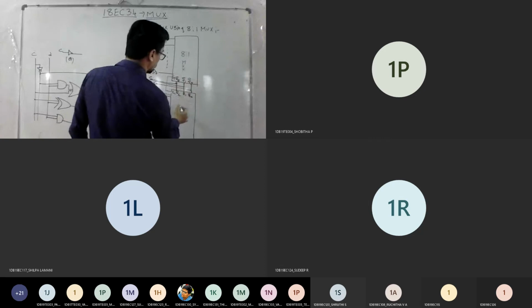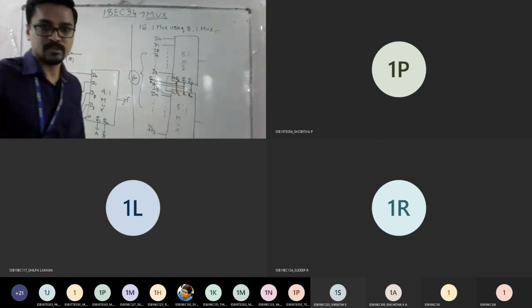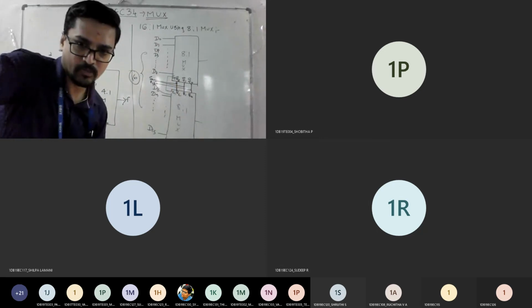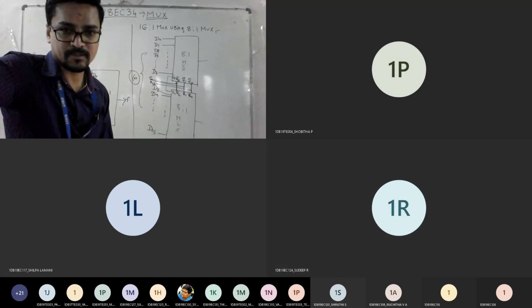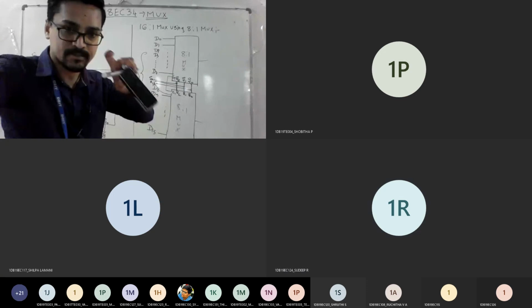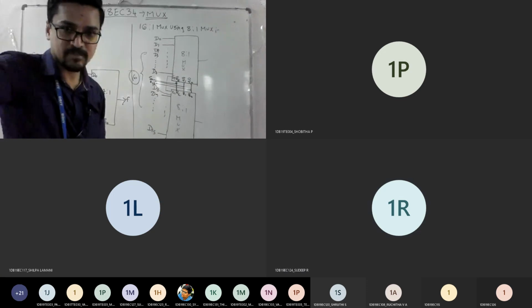do you think both muxes will work? Got the question? If I short both enables, do you think both will work? No, sir. So any one will work. So how to make both work now? You need to control that as a switch. Agree everyone? You got the task now?